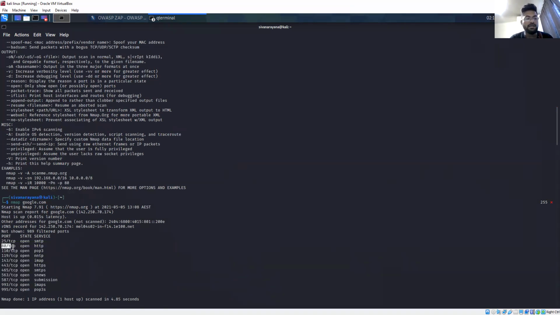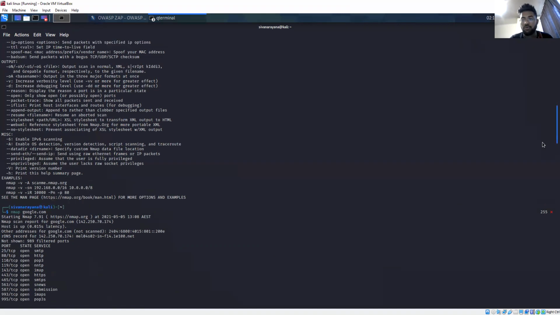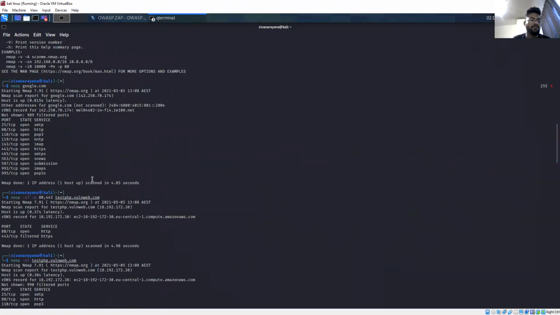I'm going to take the 80 and 443 TCP ports and use those ports to scan.